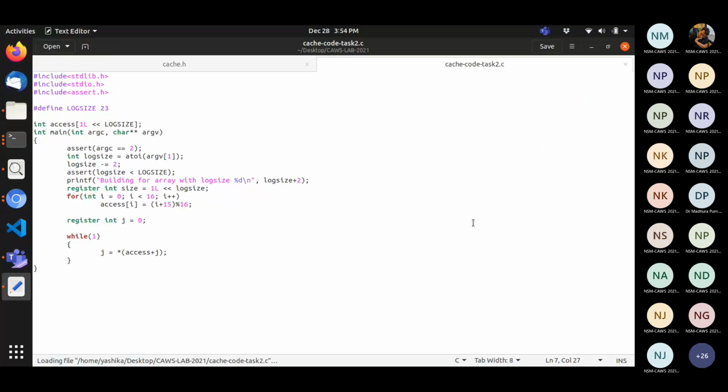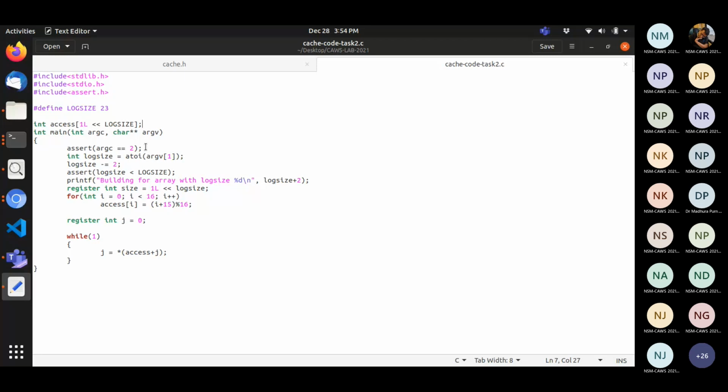Yes. So here we are just accessing 16 blocks in a continuous manner. The array is of type integer, and each int has four bytes, and because the cache line size is 64 bytes, for 16 blocks there will be only one miss. That was the trick to find out that in every cache hierarchy there will be only one miss.